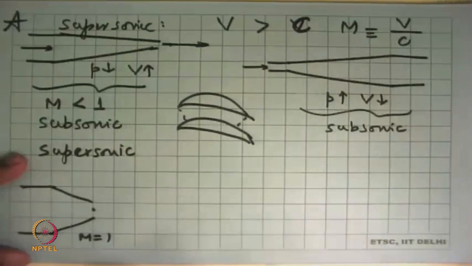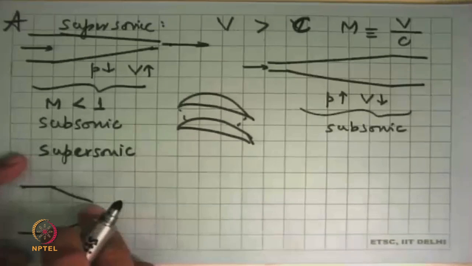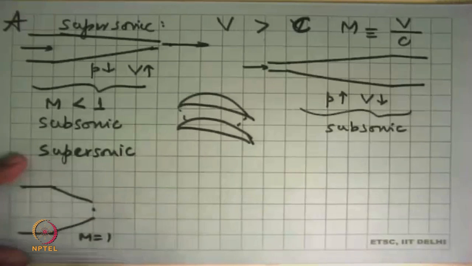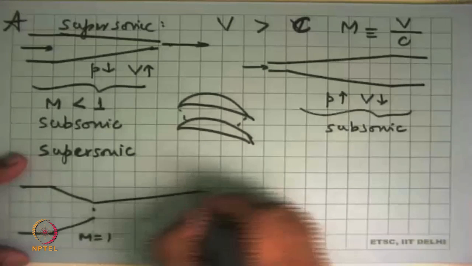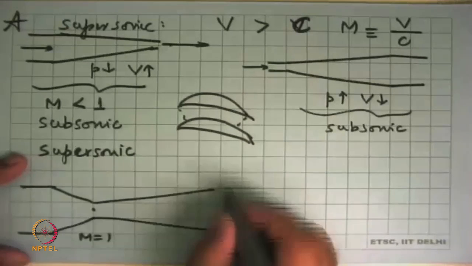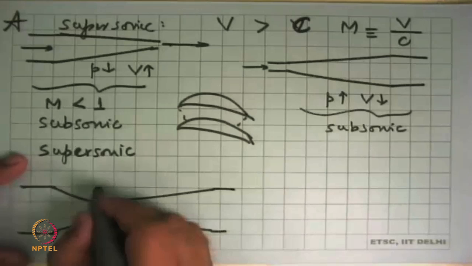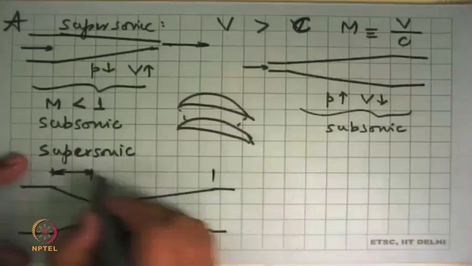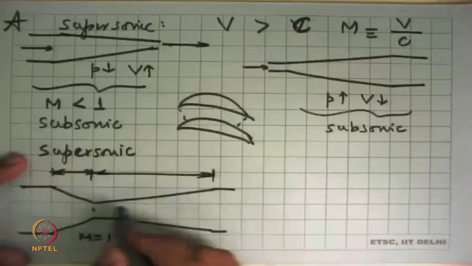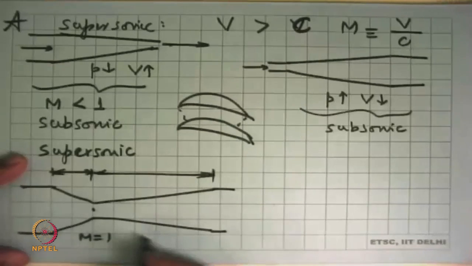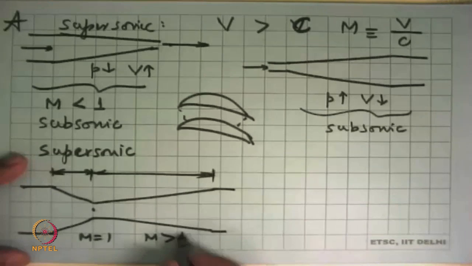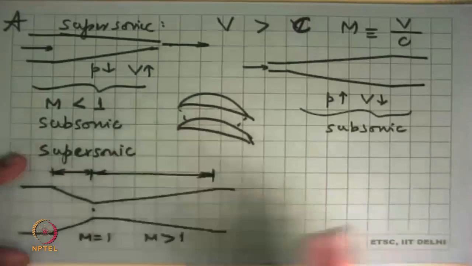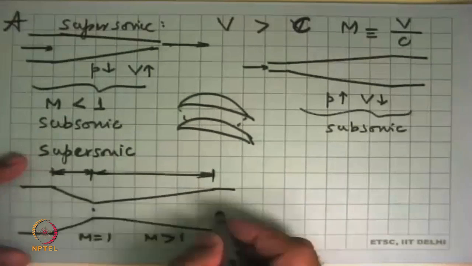So now you ask that, well, I want to accelerate the fluid to an even lower pressure than what I could get here. I can't get this. Then what do you do? So then you put a diverging section, and this part behaves like a subsonic nozzle, and this part is designed to behave like a supersonic nozzle. So in this part we say Mach number is always greater than 1. We are accelerating it more and more.